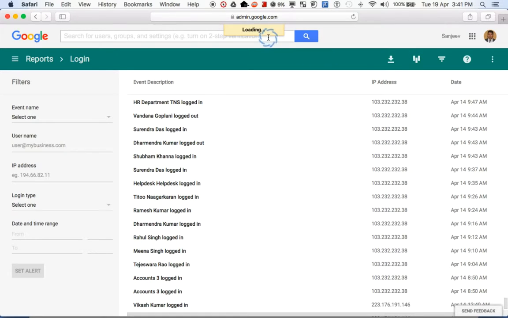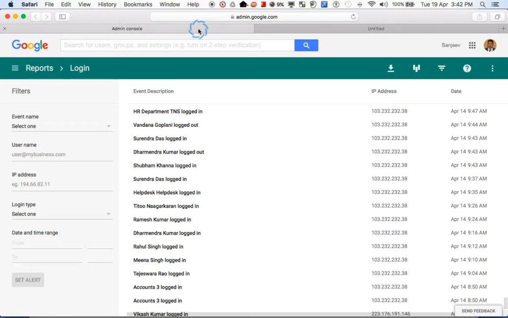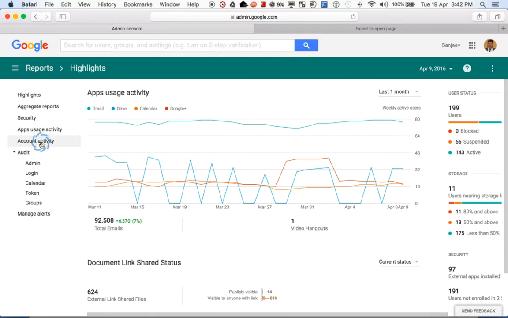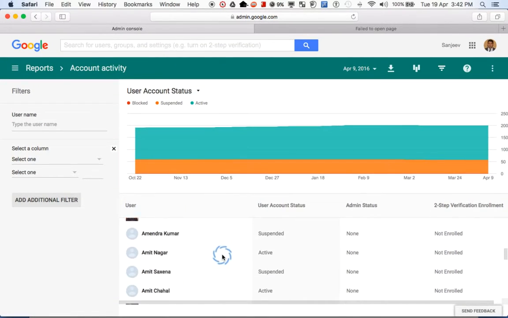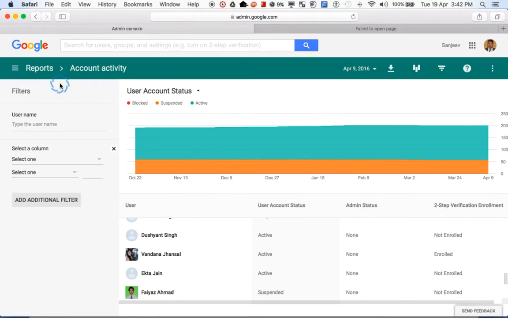This is going to load. It will take a while to generate this report. By clicking on open, it will open this report in Drive. So just give it a minute while it's opening. And again, these are some other basic settings that you can access. So going back to reports, feel free to browse through and see what the different kinds of reports are and which ones may be more useful to you.